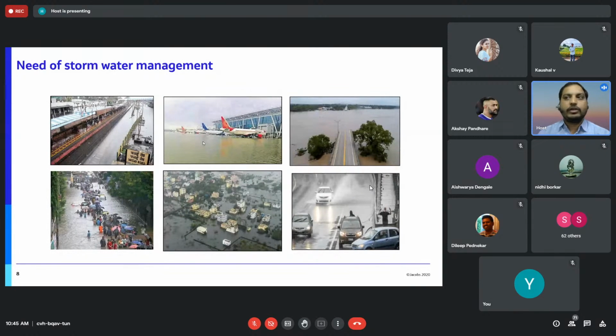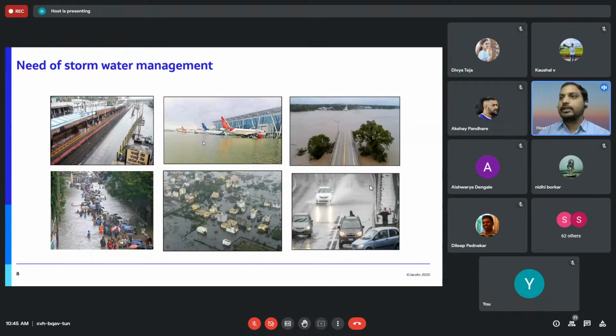The second picture is of an airport, where the planes are standing because of flooding. They cannot take off, and they cannot land either. So people traveling internationally, and materials or goods traveling to international cities, cannot go, and there will be a lot of issues with respect to the financial aspect. If any essential products are to be delivered, they will get delayed. So these are some issues with